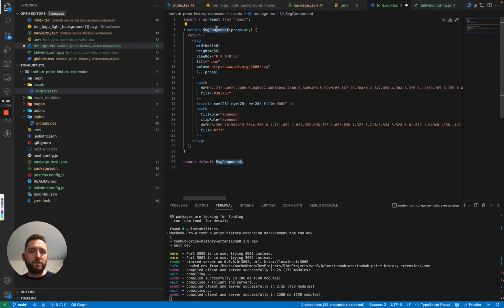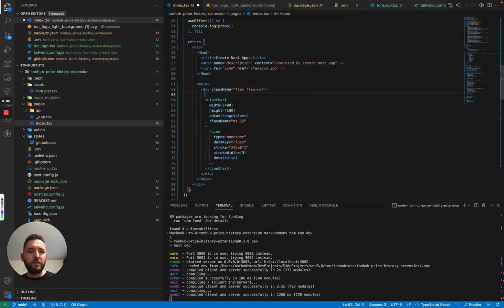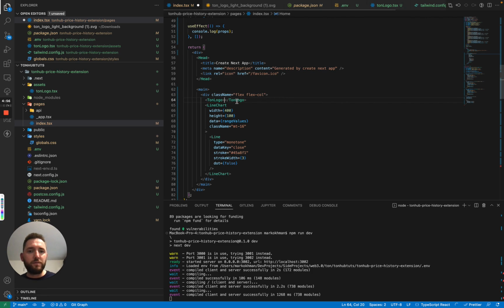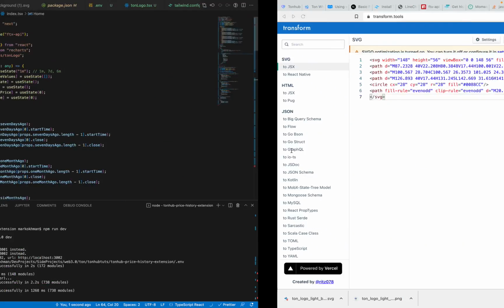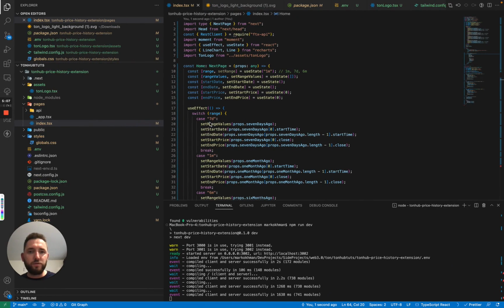I'm going to call it TonLogo, and I'm going to import it in the index page. Great. I would have to import it from assets, TonLogo. Looks awesome. Let's see on the page. Great. I would also have to specify